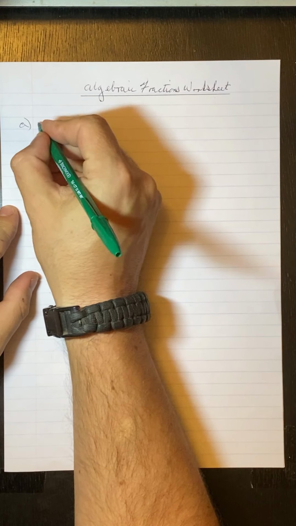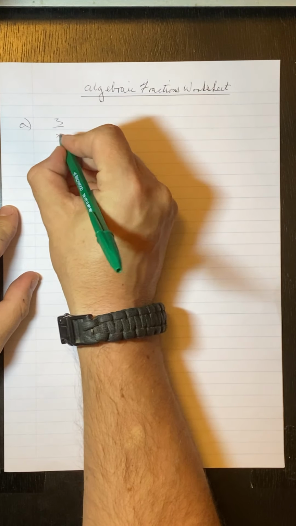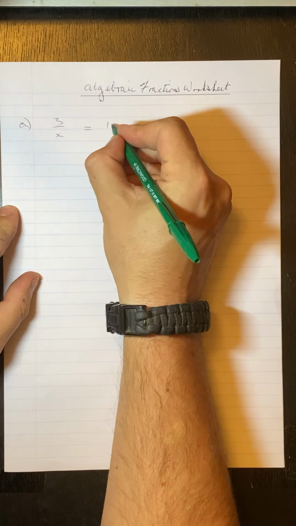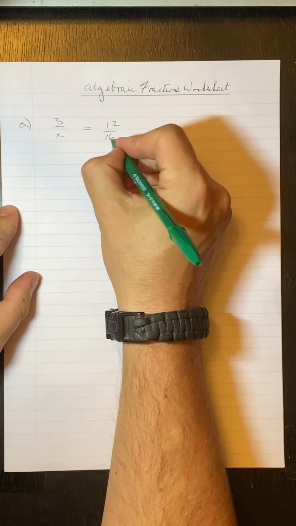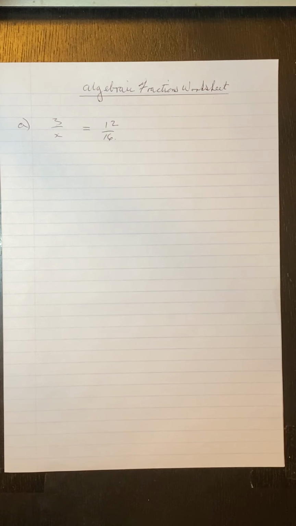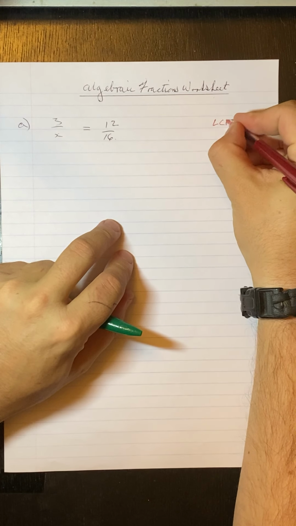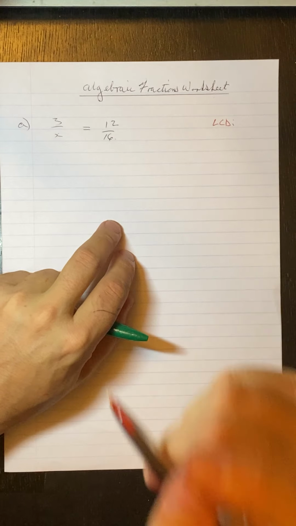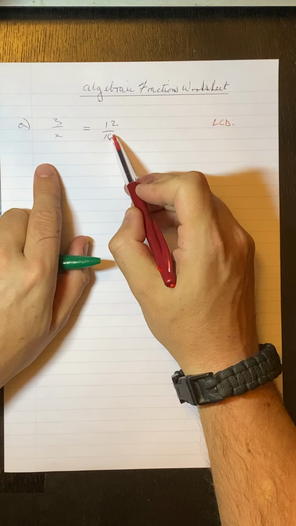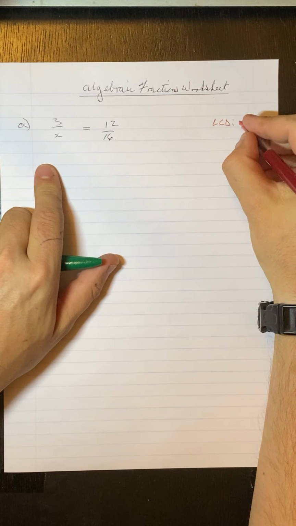So question A is 3 over x equals 12 over 16. Okay, so just like any fraction type question, we need to find an LCD. So that's the first thing I'm going to do, is find an LCD, which stands for lowest common denominator. So you can see here that we have a 16 and we have an x, so we need both of them,